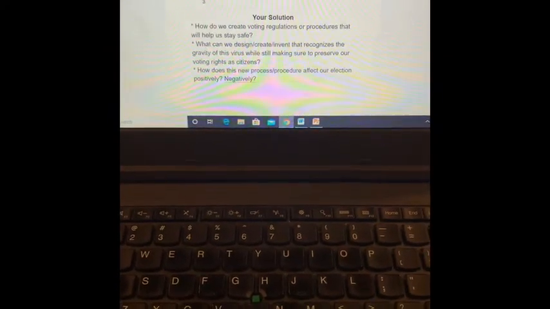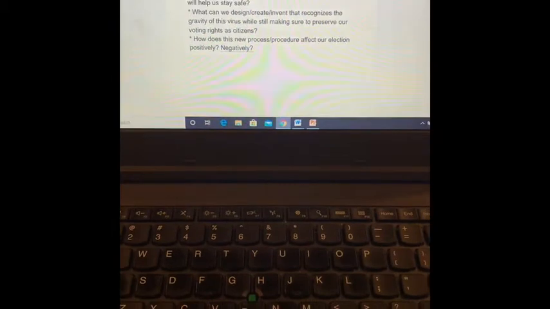So then we get into the your solution problem. So we know from answering these questions, we'll know what sort of things are going on as far as what's happening with COVID, what has happened with the voting process pre-COVID, and then now currently what procedures and processes are being put in place when it comes to voting. And then we're going to take a look at what would we do, and this kind of allows the students to again creatively problem solve,